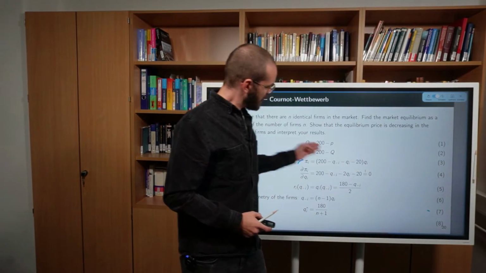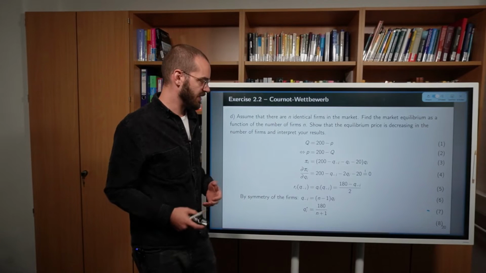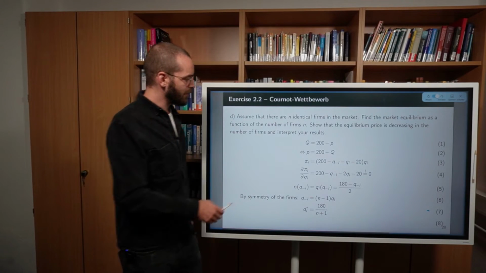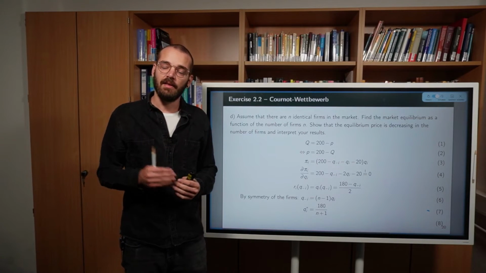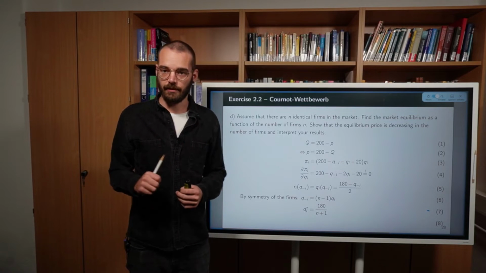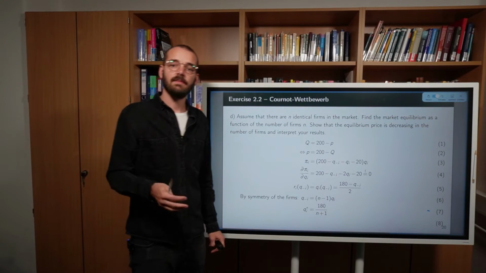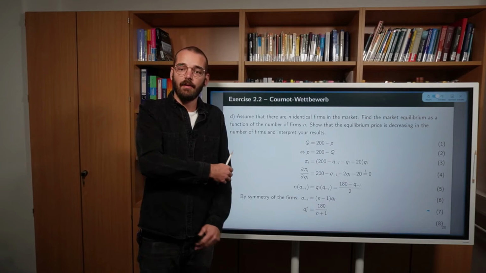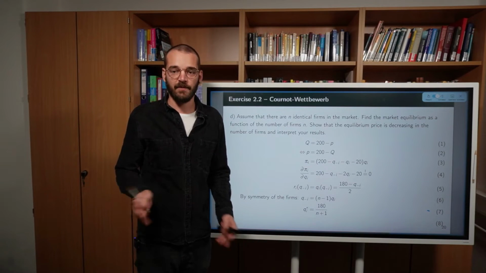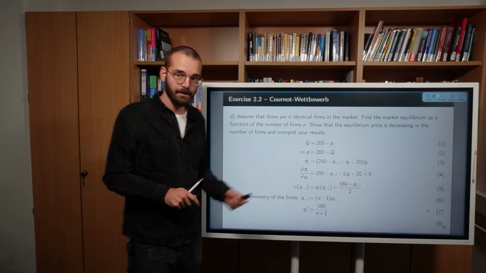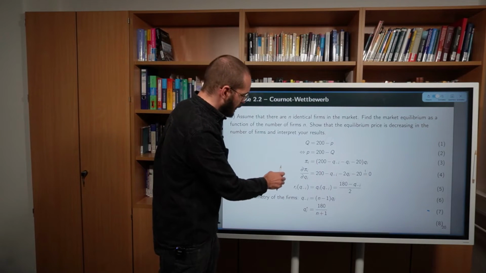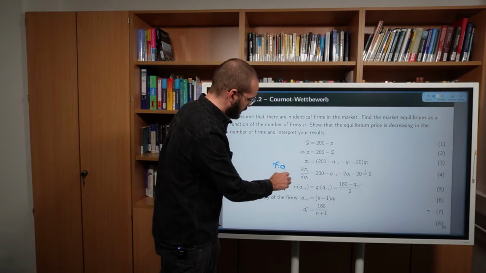And for now we can just stick with this parameter. For now, meaning when we are now finding the reaction function of firm 1. So the profit maximizing quantity given the quantity of all other firms. So the best response, right? So we state the first order condition,